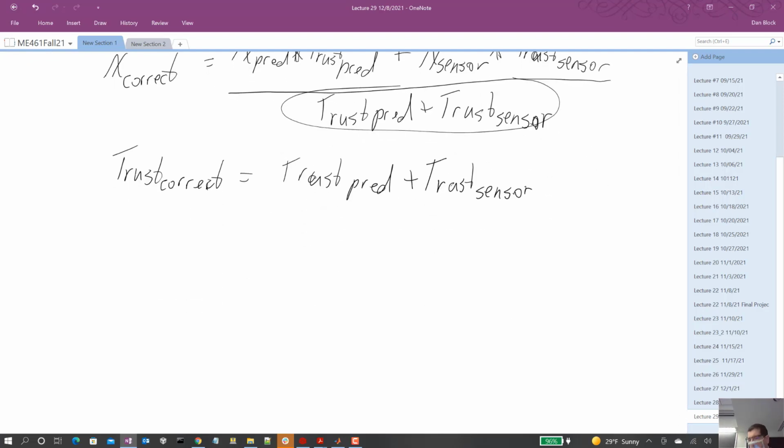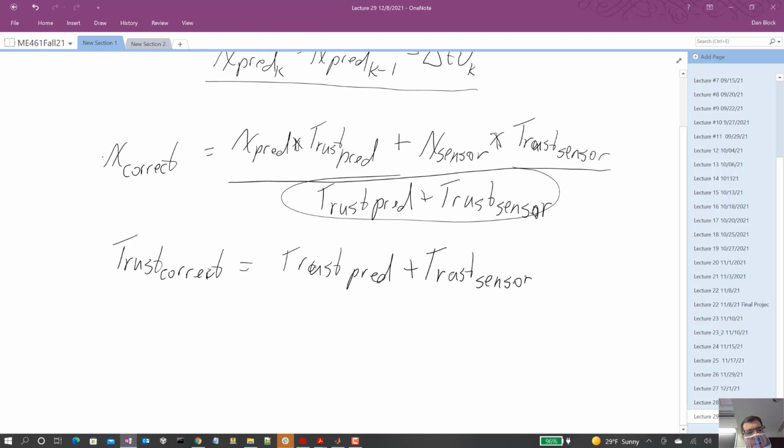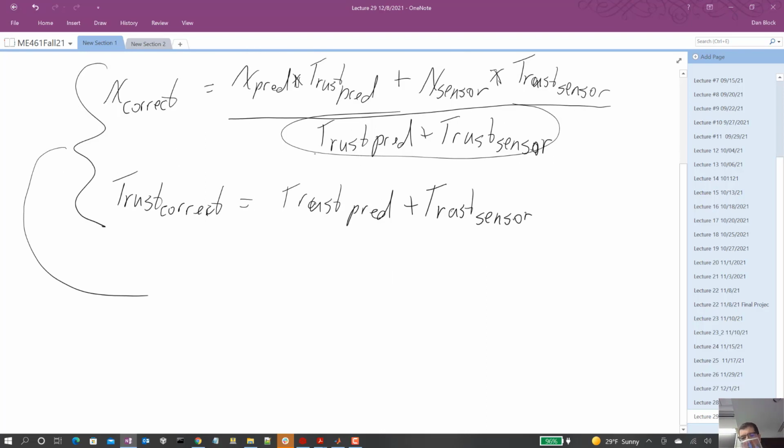Okay. So now, I don't want to do all the math here, but let's take it through a few of the steps. If we take these two equations and put them in terms of the variance of these different ones, it gets a little uglier, all right? Because we have to have 1 over all these. So x corrected,